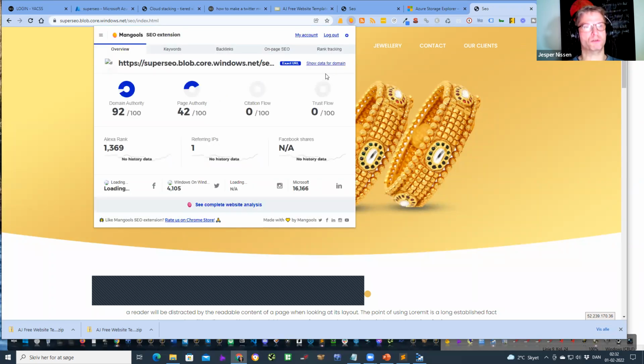And what you will notice is that out of the box, it has a domain authority of 92 and a page authority of 42. So you will now understand and realize the power of this concept, because you can, for free, create an unlimited amount of web pages pointing into your website. So you can power up your website. And if you are a little nifty in HTML, or you have a virtual assistant that you can train to do this, you can quite quickly boost your rankings with this process.